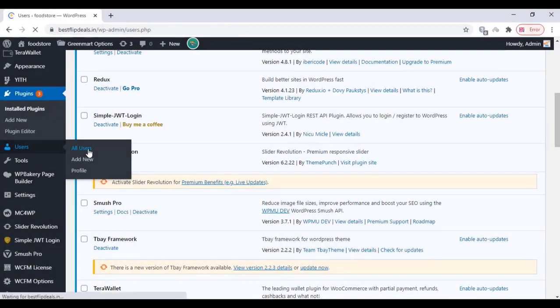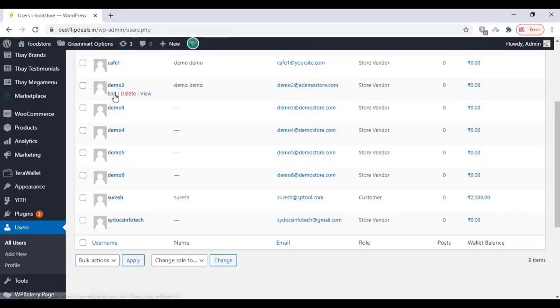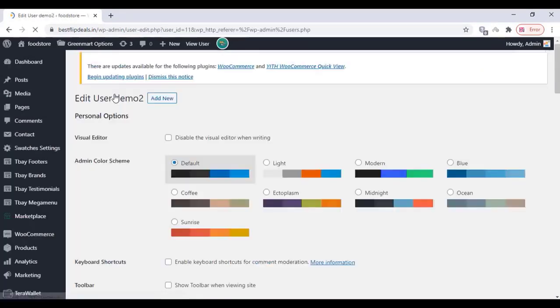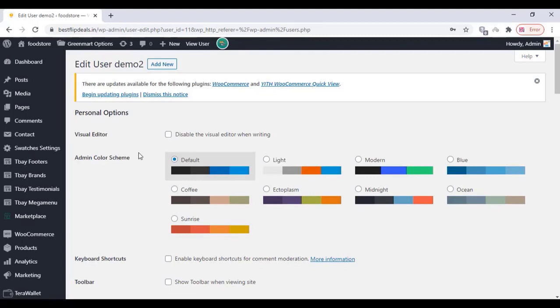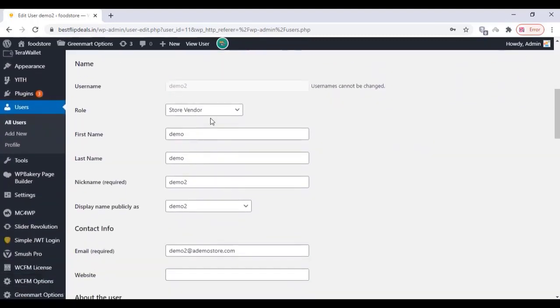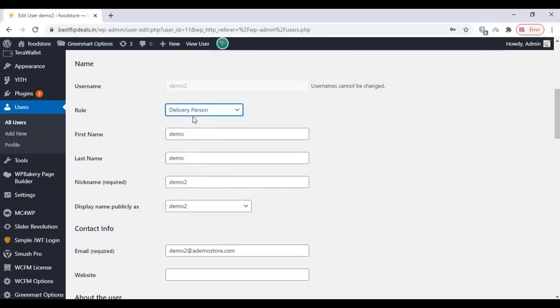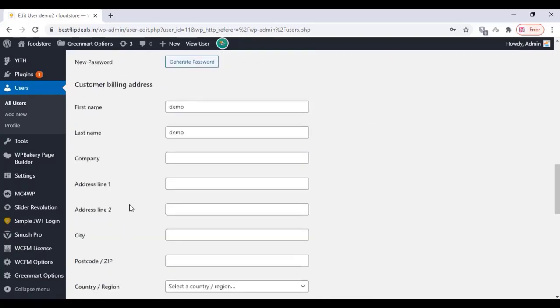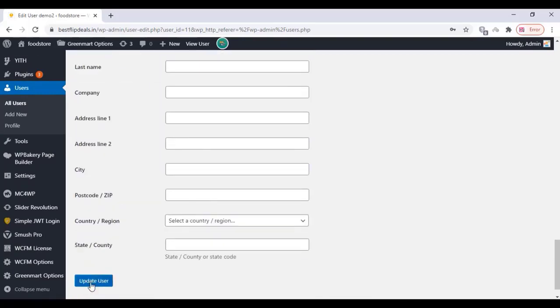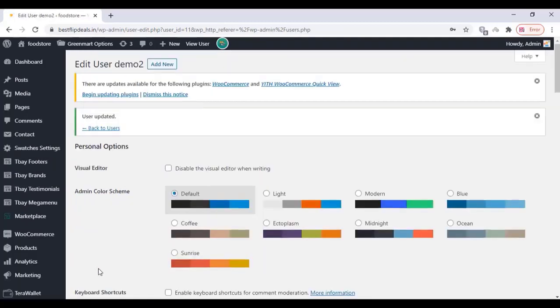Click on users and click on edit and just scroll down. Now you can see a new role for the delivery person role. You can assign it to a new user and click on update user. Once you finish that,